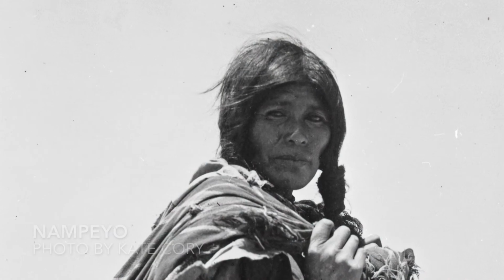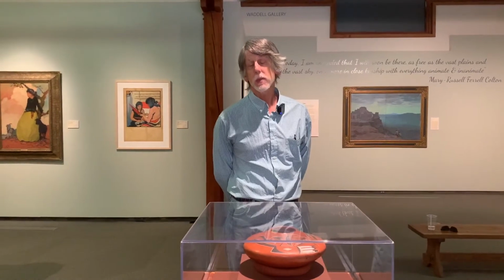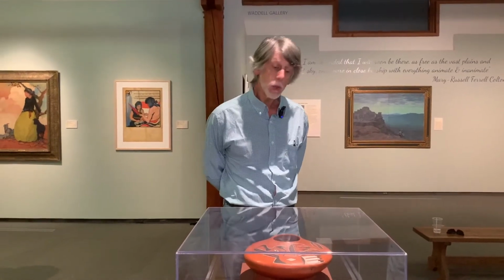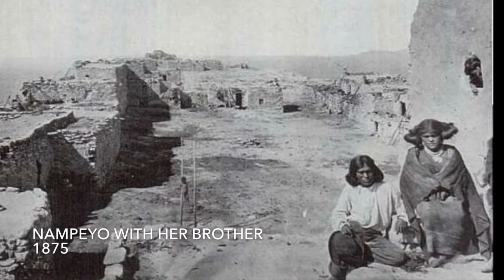So we only have one three-dimensional artist in this exhibition, and it's Nampeyo, the famous Hopi potter. And we have here one of her beautiful bowls. I really had hoped to include more Native American artists, but with respect to the ones in our collection, she was the only one who really fit the theme of the exhibition, being women working in northern Arizona between 1900 and 1940. We have many paintings and, of course, pottery by New Mexico artists, but they're kind of outside the geographical region. So Nampeyo, who's one of my all-time artist heroes, I think,